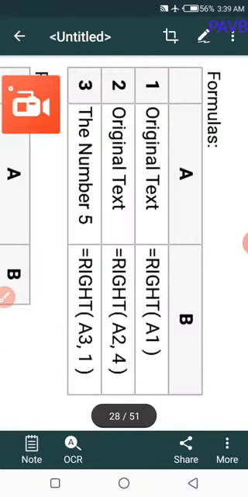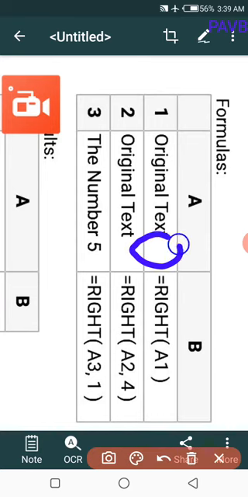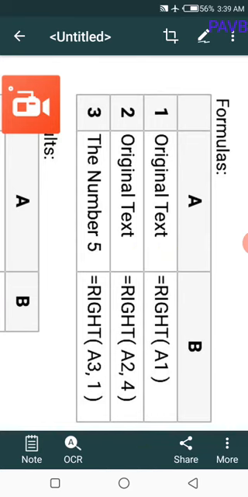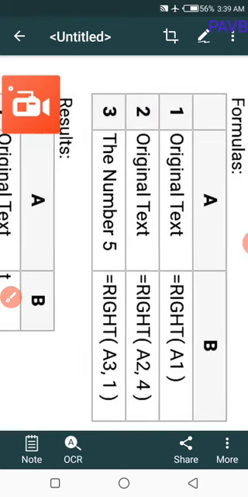See with an example, RIGHT of A1. What is the right letter? The last letter, T. So the answer is T. Second one: =RIGHT(A2, 4). What are the right characters? 4.